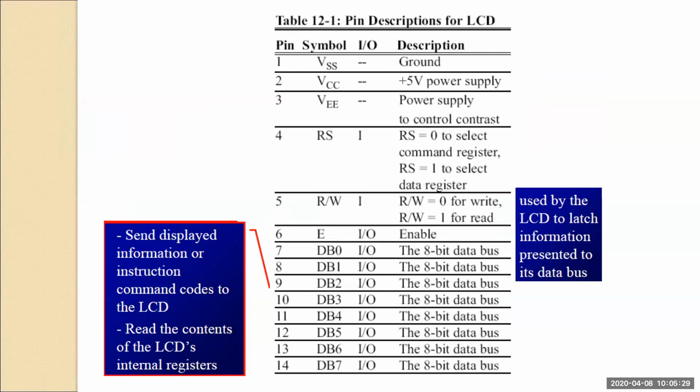Whether we want to send a command or send data, the value of RS changes accordingly. If the value of RS is equal to 0, the command is sent to the LCD panel, and if the value of RS is equal to 1, the data is sent.